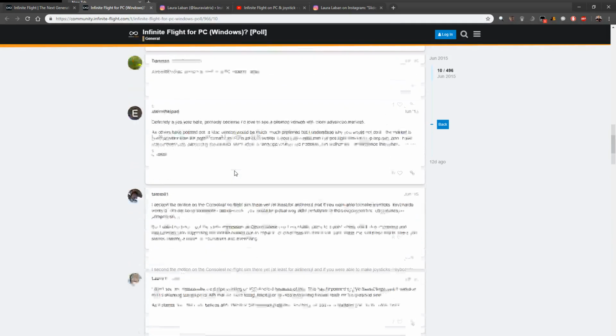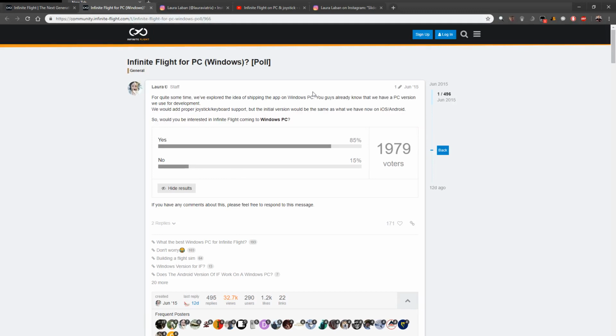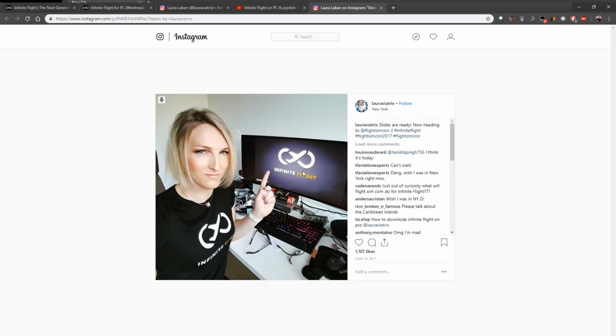Now, like Laura said, they do already have one for Windows, and it's normally the one that they use for development when they're creating new parts of the game, or the simulator, sorry, when they're introducing new aircraft, all these kind of updates. I'm guessing that they test it mainly on a computer first, and get everything more right, and then start putting it on mobile devices and seeing if it all links up and works properly as well. I'm guessing that's what they do, but they only have it for the development team, as you can see